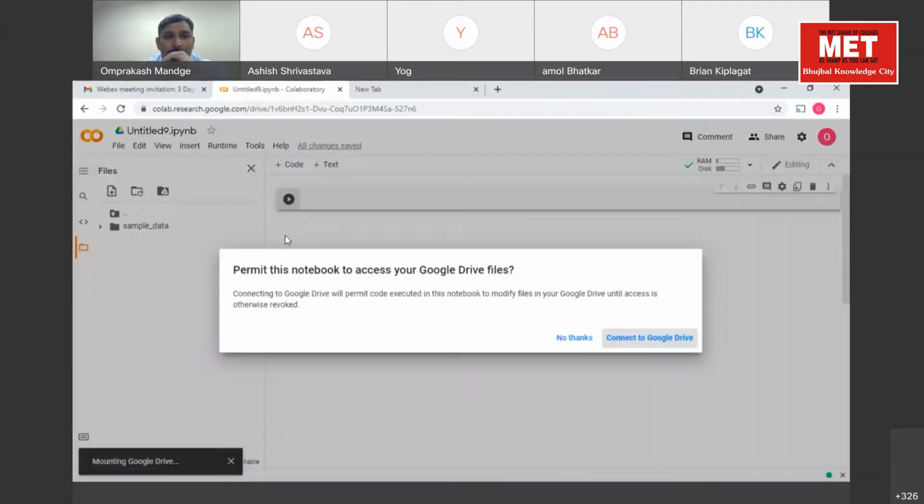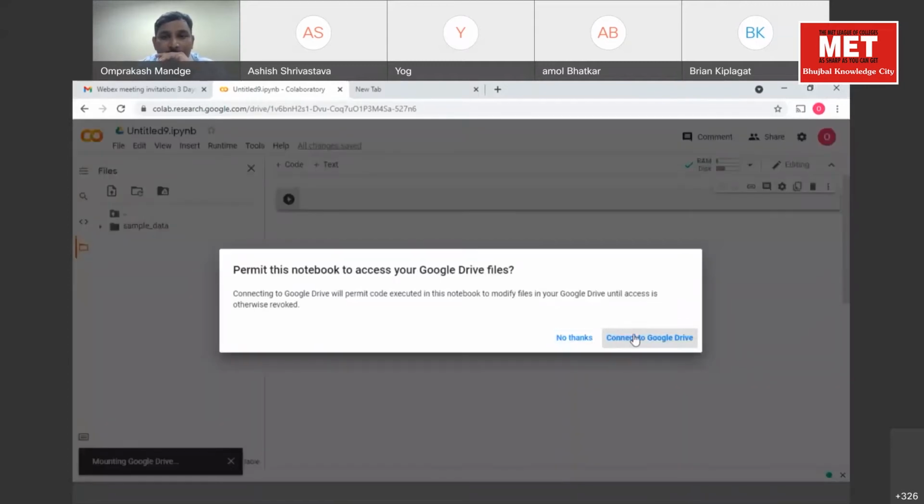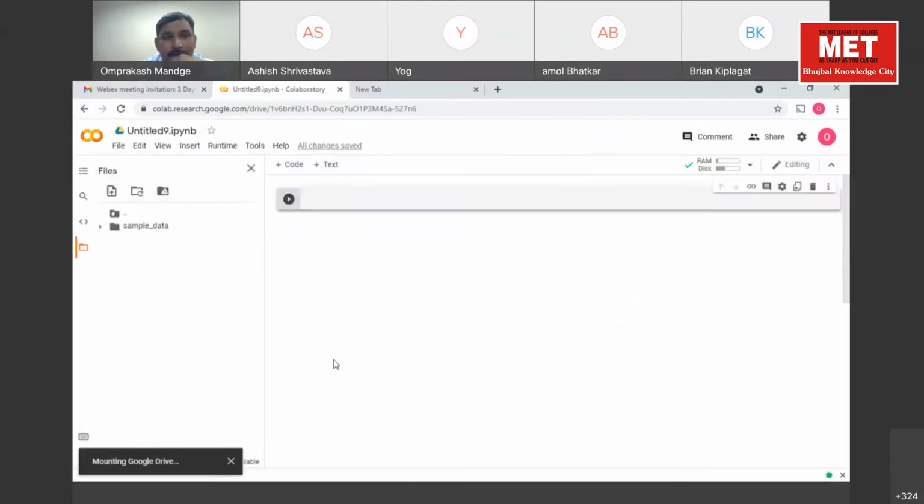Permit this notebook to access your Google Drive. Click connect. What we are doing here is we want to use some data, and we will upload this data on our Google Drive. We want to access this data for performing further analysis. Next, click on connect to Drive.